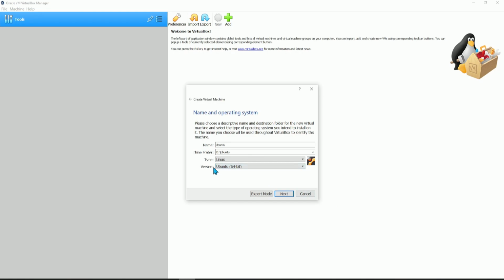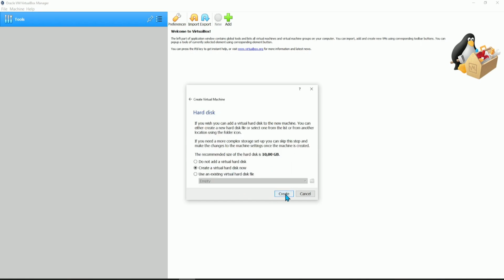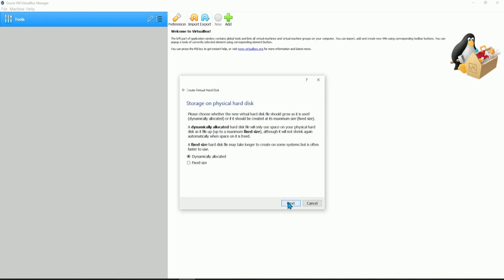and now we're going to leave the type and version as default. Next thing is RAM. The default RAM is 1 GB, but I'm going to put 4 GB of RAM so I can get better performance when you boot the Ubuntu. Next thing, I'm just going to leave it as default. Create, next,